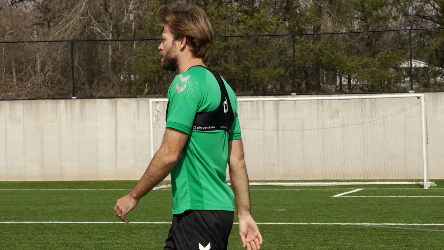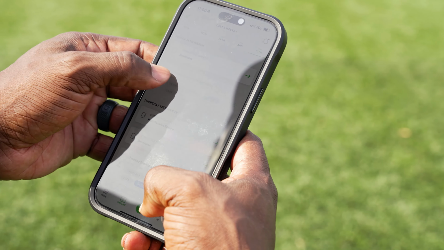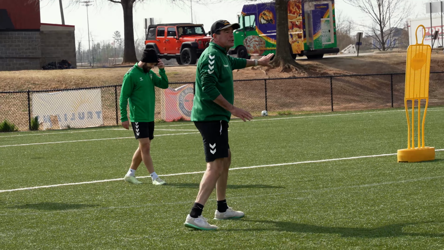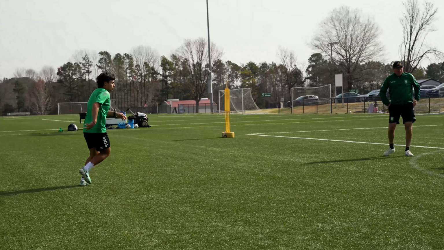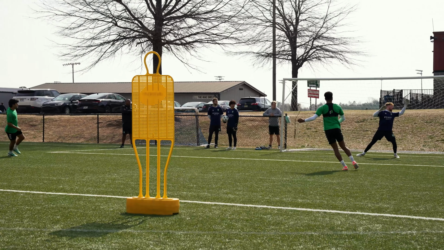We're able to see what volume is, we're able to see what intensity is from training session to training session. So using that data, using that information, of course we use the eye test. We communicate with our athletes as to how they are feeling. Particularly on a day like today, we are 2 days post-match, but we're coming up on 2 days off. So we want to balance what we do versus pushing them too hard. But again, the technology is valuable in giving us useful feedback.